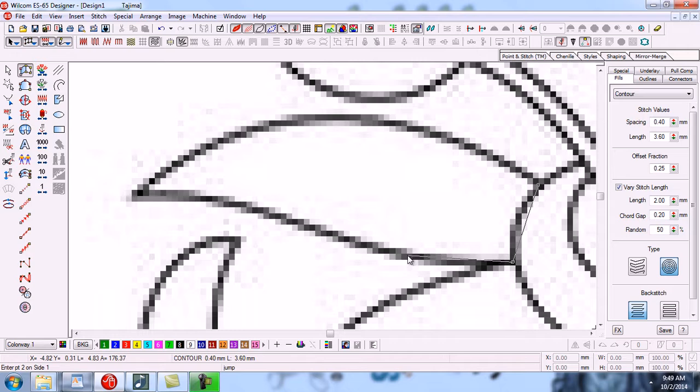Now for rounded lines, or as you can say rounded selection, we always press right click. For round selection we always press right click, and where the corner will come, and at the ending point, we will press left click.